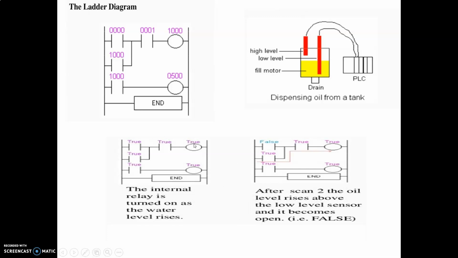Now here we will discuss what is the connection between this 1000 and this part. When this relay coil becomes energized, there is a connection between this coil and this one. There's a connection between this one and this one. So when this becomes energized, at the same time we get a true value here, or at the same time this open switch will become a closed switch. When this becomes energized, this will also become a closed switch.